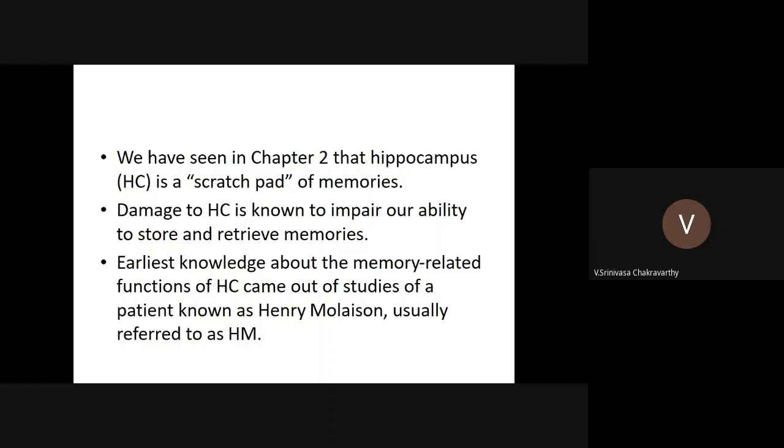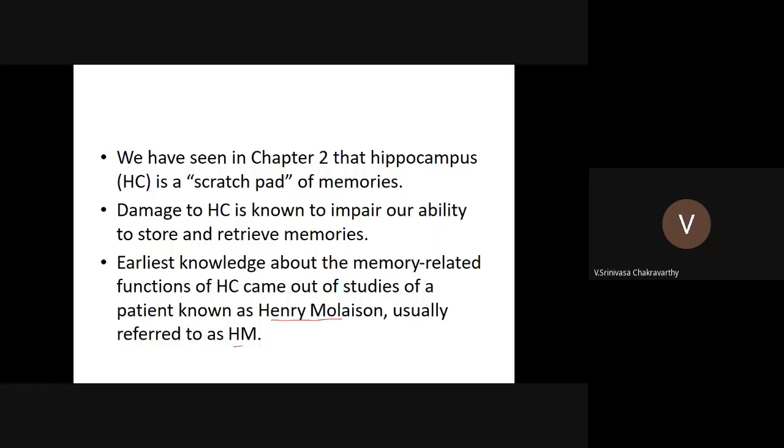Okay, so therefore you need this intermediate stopover before memories become long-term memories. And so you need the system for storing memories. If you don't have hippocampus, or if your hippocampus is damaged for whatever reason, then you will have trouble storing memories. Okay, and so this basic property of hippocampus came through accidentally because of this person called Henry Molaison,